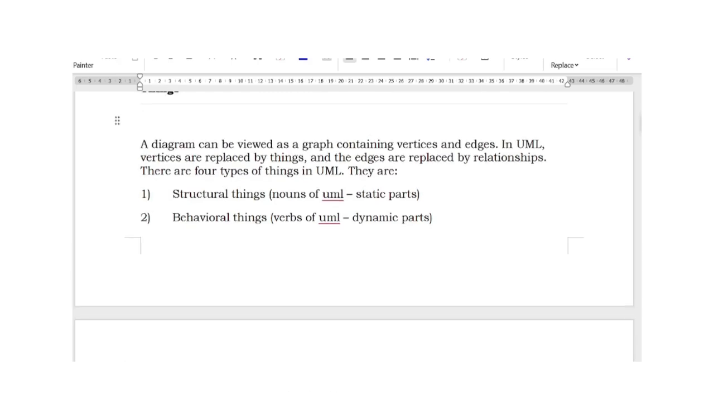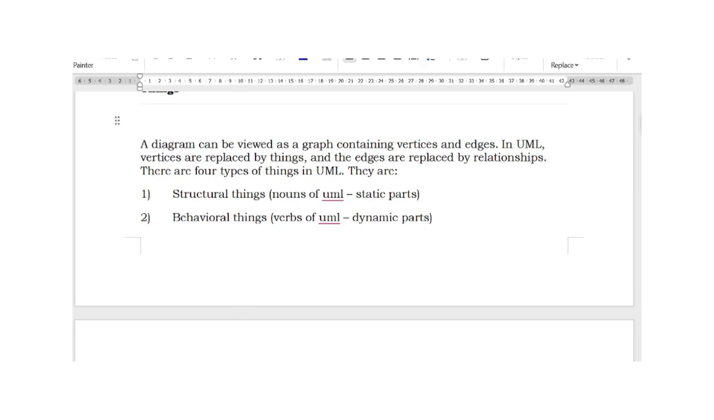Suppose you want to represent a graph diagram, which contains vertices and edges. With the help of edges we connect the vertices in the graph. In a similar way, in UML, vertices are replaced by things and edges are replaced by relationships. Then again,